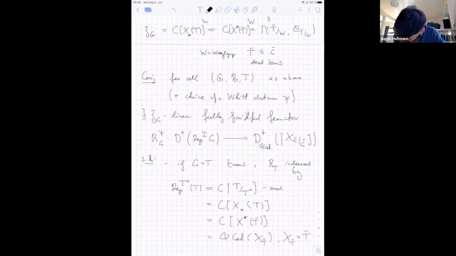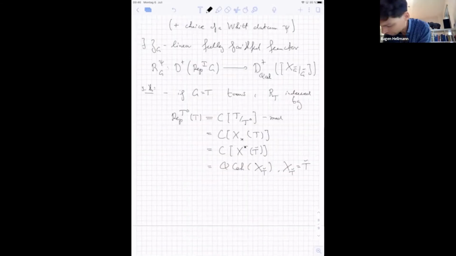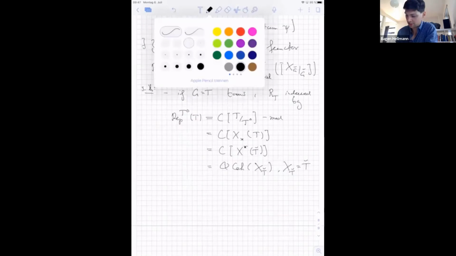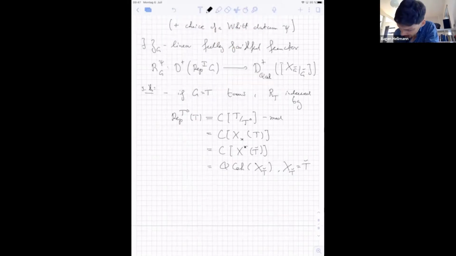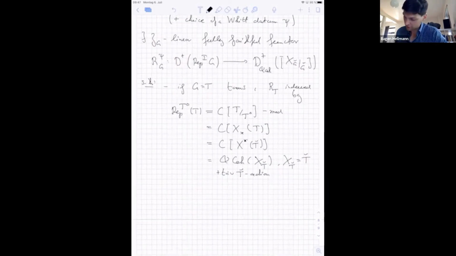But if you look at the defining equation of the space of phi n modules, then you see that in the case of a torus, this is just the same thing as the torus itself. So these categories are canonically equivalent or identified. And then you equip this with a trivial T-check action and push it to the level of derived categories, and you end up here. So it's actually a very simple thing. Okay, and then the whole Langlands correspondence was built using parabolic induction.